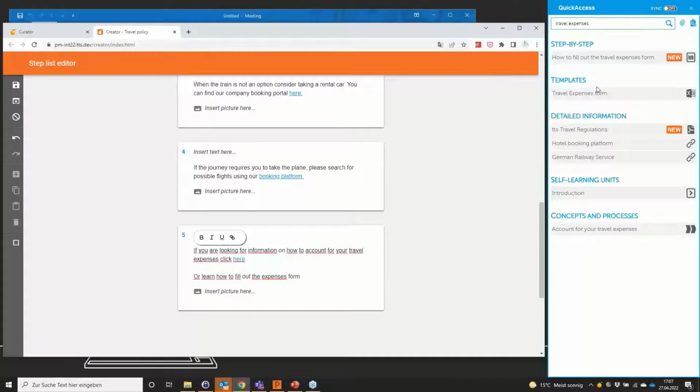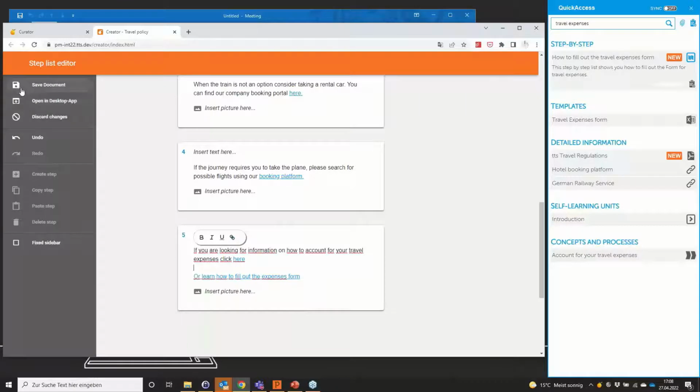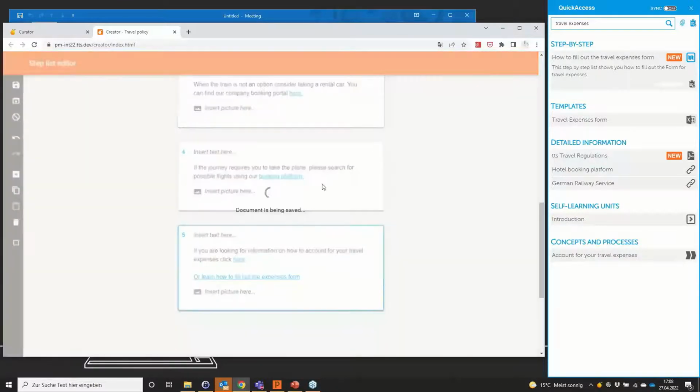And you can see, oh, there is even a direct guide on how to fill out the travel expenses form. And we copy this link as well. If you want to learn how to fill out the expenses form, we add this link directly to the whole sentence and save, and have this link as well. We save this document